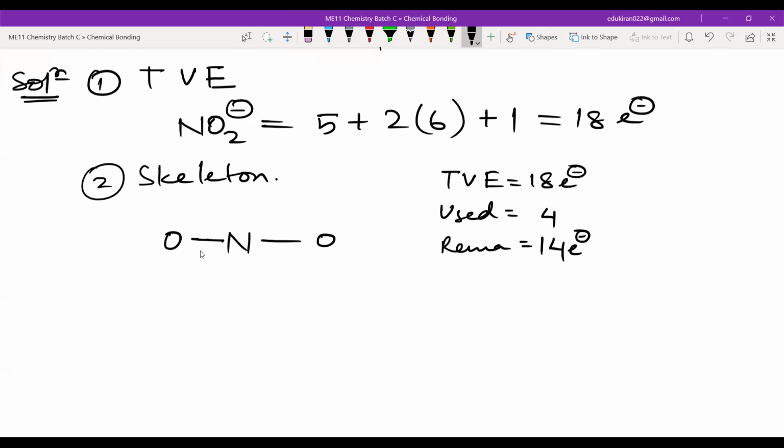So I will start with nitrogen. I will fill the electrons in nitrogen first. Yes or no? No, first in oxygen. First oxygen, surrounding atom. Okay. See, oxygen has already how much? 2 electrons, right? So I have to give it 6 and it will be happy. So 6 I have given and it is happy. This oxygen will also receive 6 electrons and it will be happy because it already has 2 electrons from the bond. Now 6 plus 6, 12. Sorry, I also have now 2 more electrons. That is 2 electrons in the nitrogen.